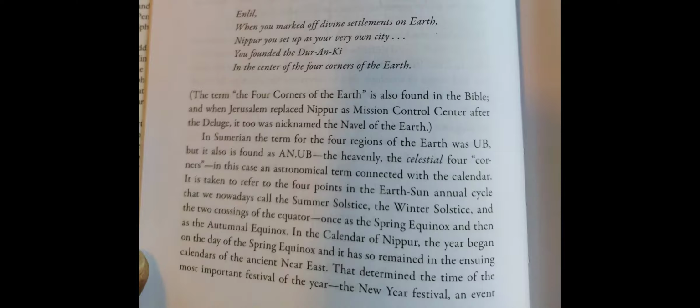That determined the time of the most important festival of the year, the New Year Festival, an event that lasted 10 days, during which detailed and canonized rituals had to be followed. Determining calendrical time by heliacal rising entailed the observation of the skies at dawn, when the sun just begins to rise on the eastern horizon, but the skies are still dark enough to show the stars in the background. The day of the equinox having been determined by the fact that on it daylight and night time were precisely equal, the position of the sun at heliacal rising was then marked by the erection of a stone pillar to guide future observations. A procedure that was followed, for example, later on at Stonehenge in Britain,